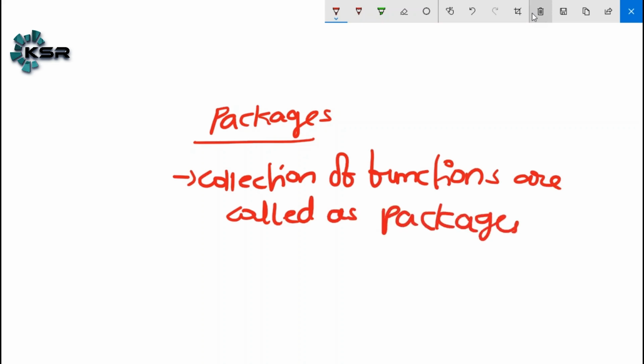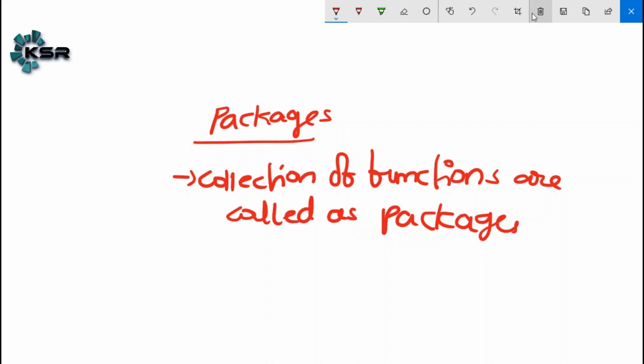By default, the R core, the R screen you are seeing, doesn't have any functions. If you would like to use functions in R, the first thing you need to do is install the packages. A collection of functions is called a package.